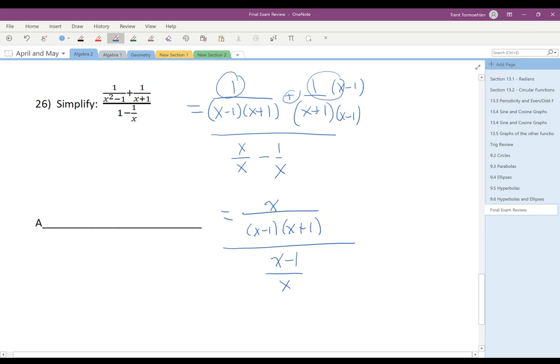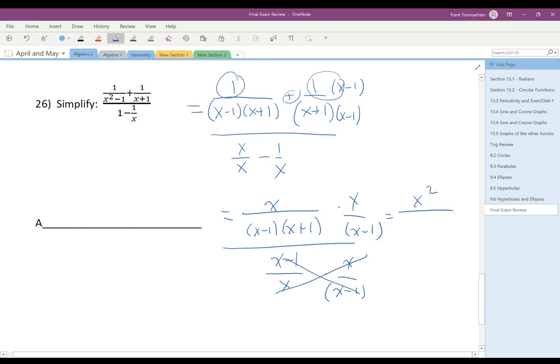So when you go through and simplify this, you're going to multiply the top and the bottom by this, the x over x minus 1. That cancels out the denominator, and so now we just have a numerator left. And it turns out none of these things cancel, and so you just end up with x squared over, well,